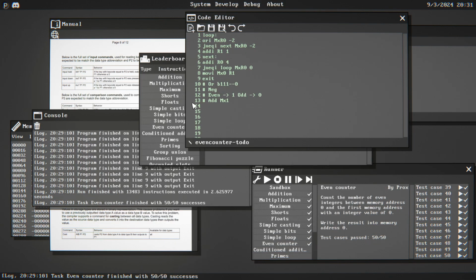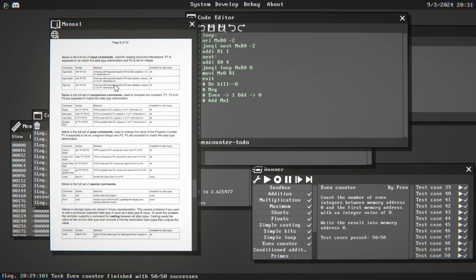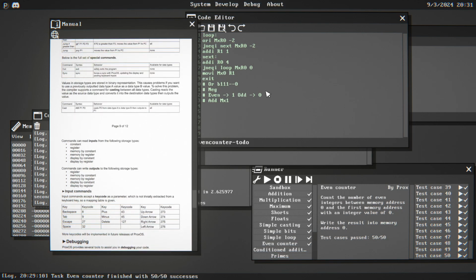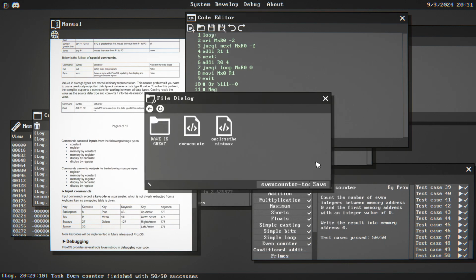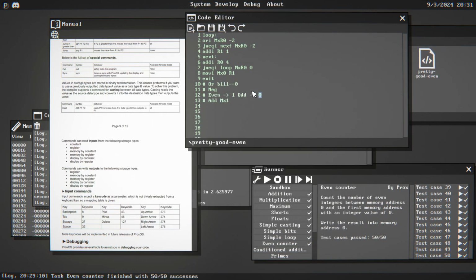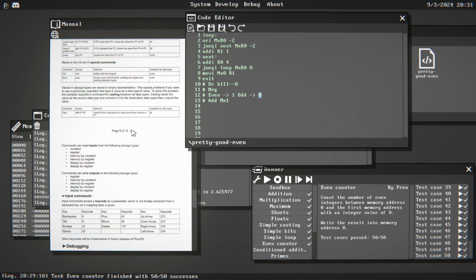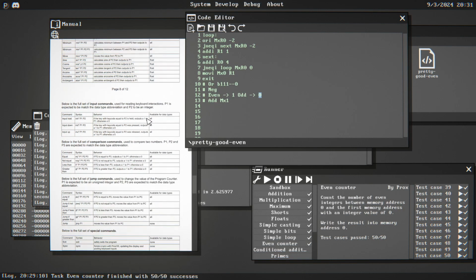We add it. How does carryover happen? Okay. Save as pretty good even. Right, okay. Because we could, if it carries over,